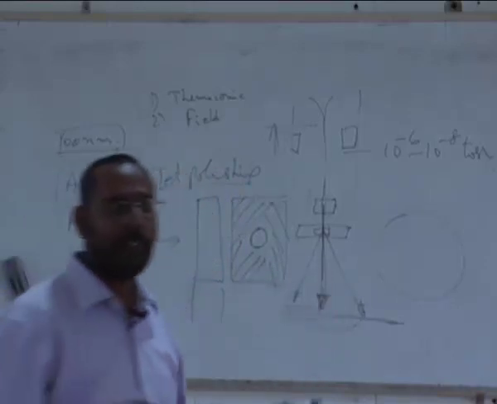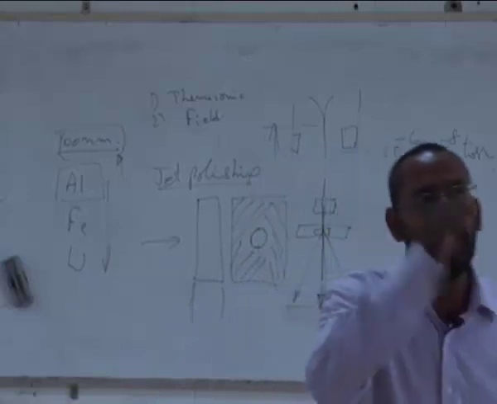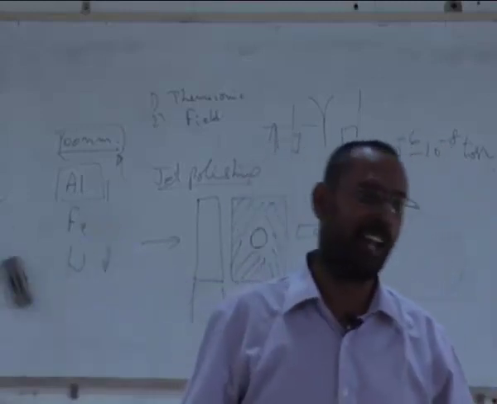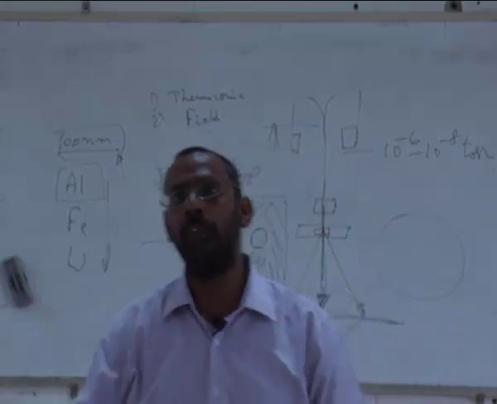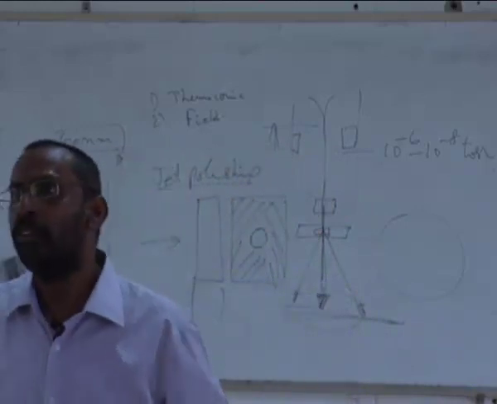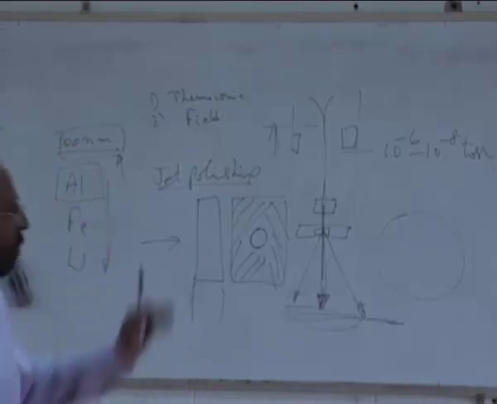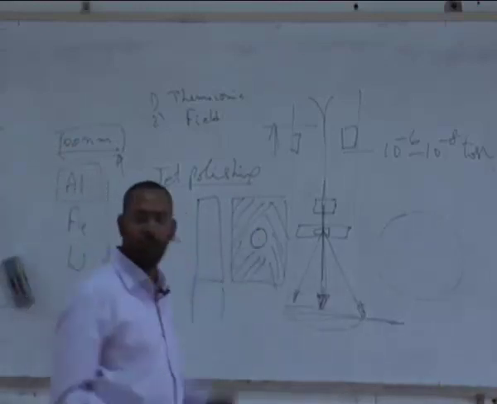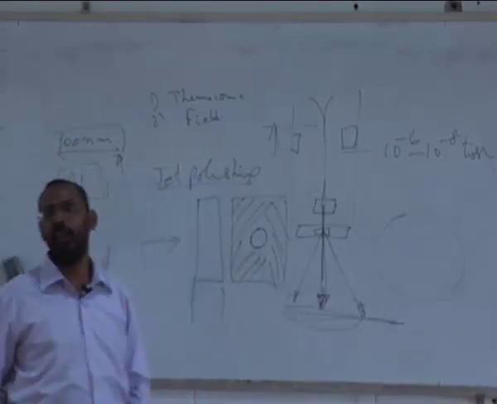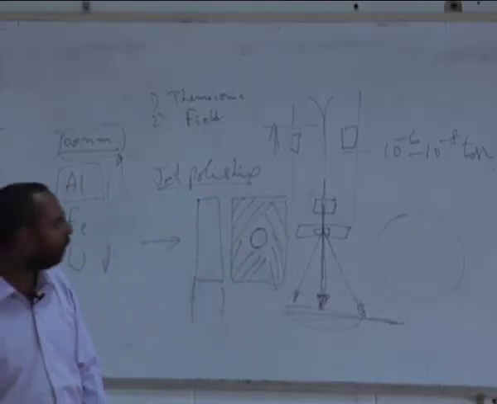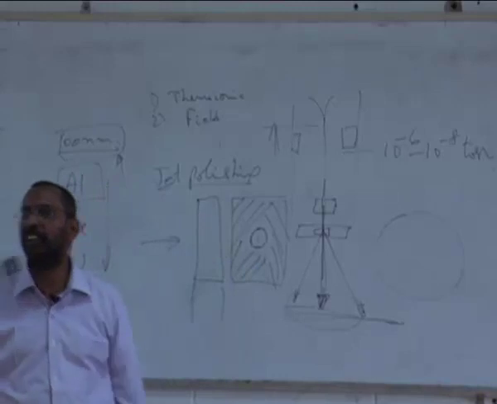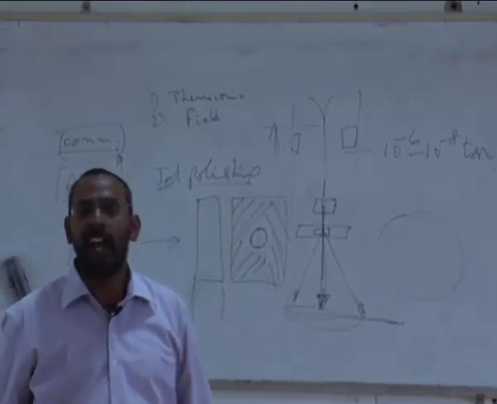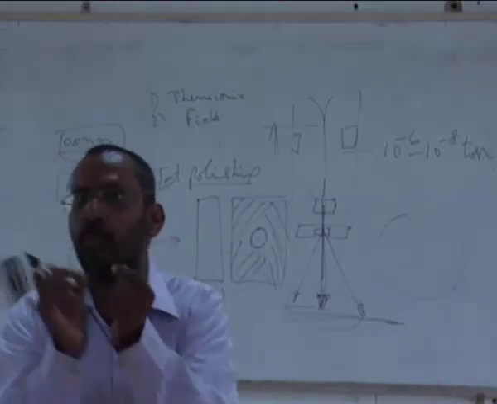Depending on the type of metal that we use, we have different solutions. Even for optical microscopy, you have different etchants for different alloys, right? Nital we use for steels. For aluminum alloys, we use Keller's reagent or something like that. Similarly, I can use a different solution and dip this into that. When I dip it, you will see that only this region starts getting dissolved. The rest of the region does not get dissolved, and as a result I am able to dissolve a small region selectively.